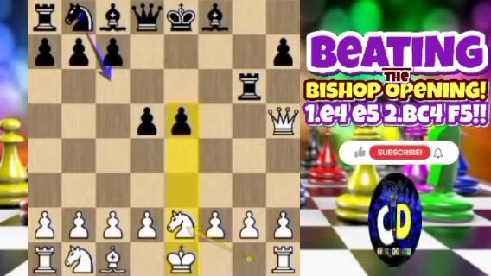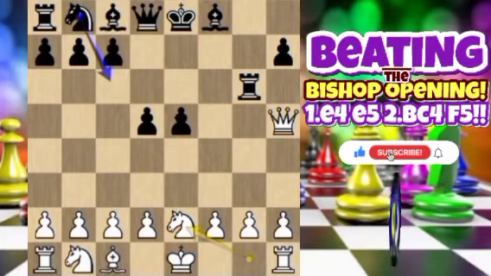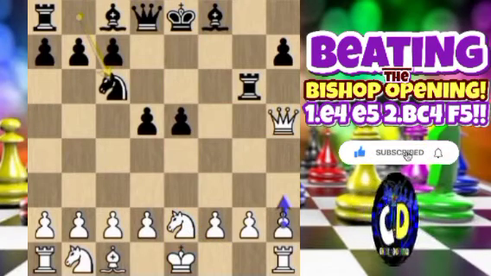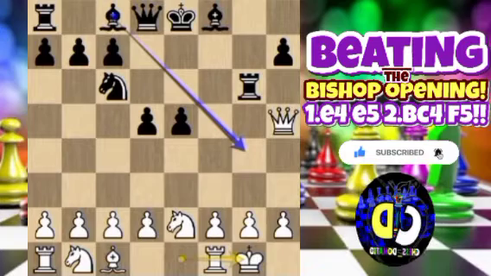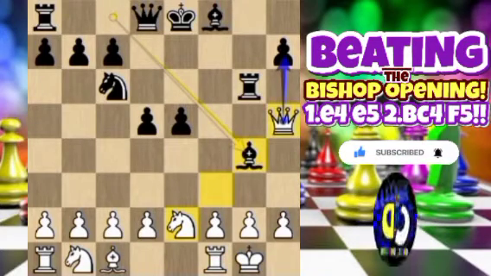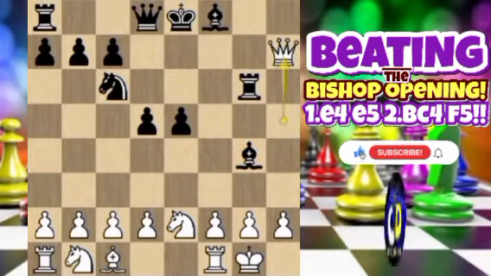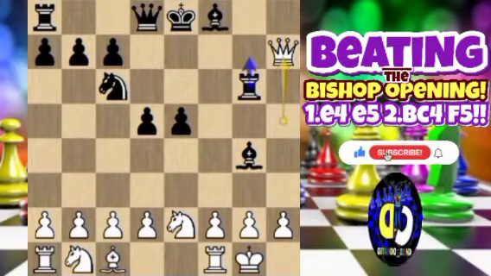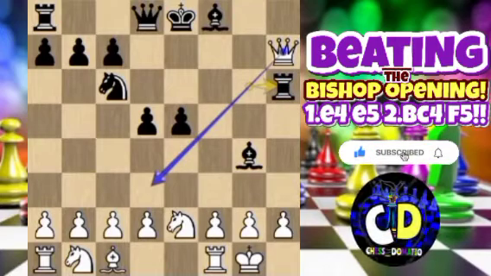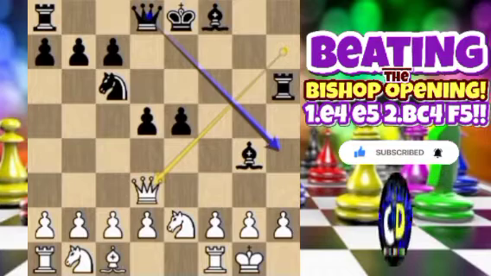e2, opening the e file with a threat to capture the pawn on e5, but Black here defends with the knight, and after, for example, castling, and here comes now the bishop to g4, forking the knight and the queen on this position from Black's perspective. And after queen takes, but there's just a simple rook h6 attacking the queen, and after queen to d3, let's